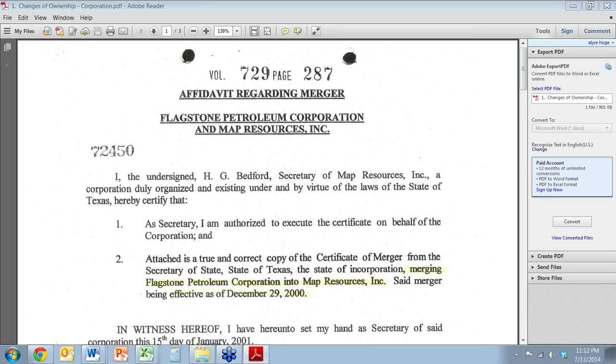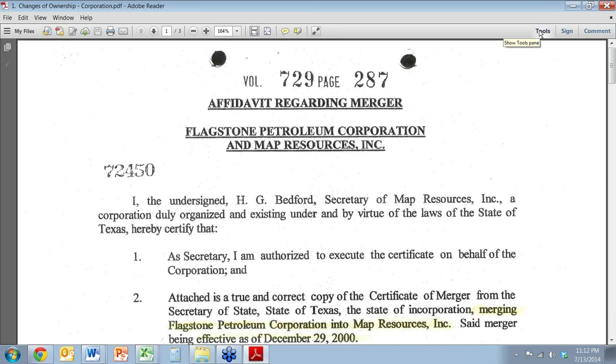So usually we have to request something in order to do that. But in this case, we're looking at what's called an affidavit regarding merger, and it's Flagstone Petroleum Corporation and Map Resources. So that's who I would put as the current owner. I would put Flagstone Petroleum Corporation as the current owner, and you're acknowledging that Map Resources is a corporation duly organized